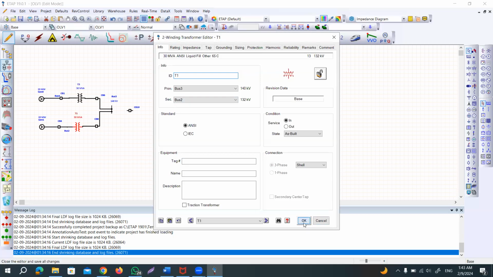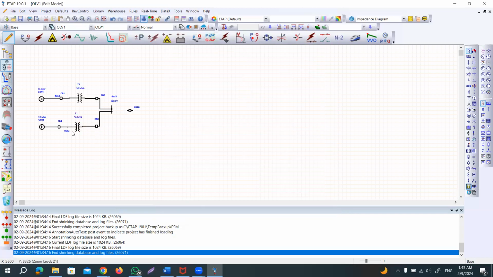So secondary should be bus 2, right? So let us delete this one. So it doesn't need to rotate actually. So let me see bus 2 and bus 3. Okay. So now if you save it,